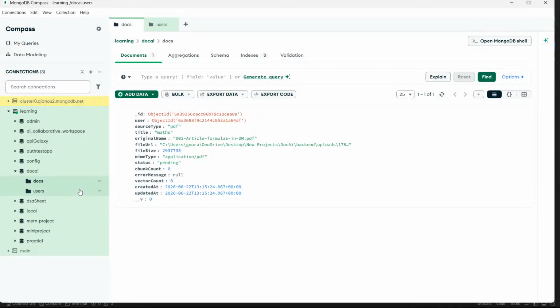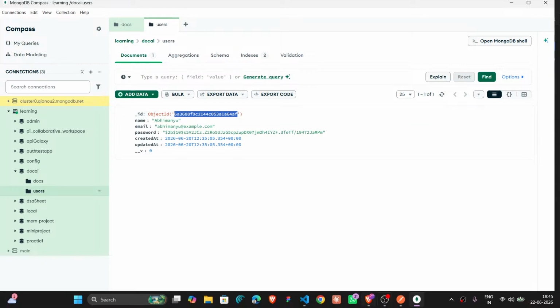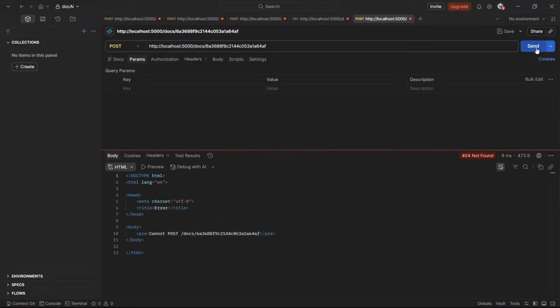we want user id, and if we send this, we'll get an error.